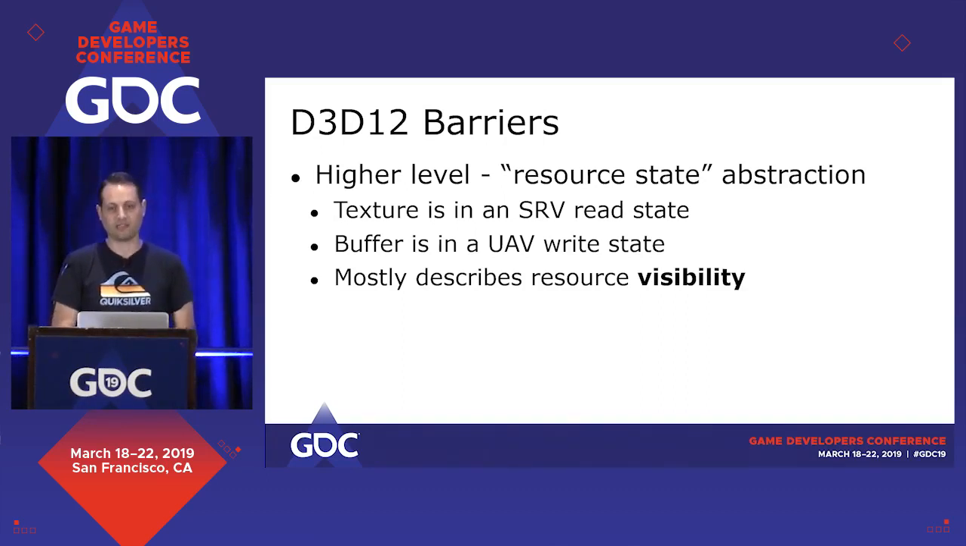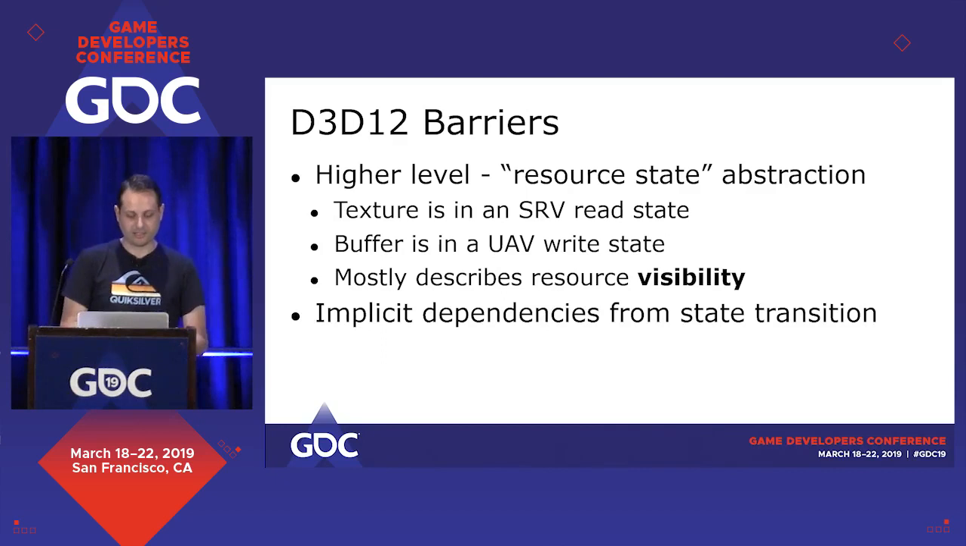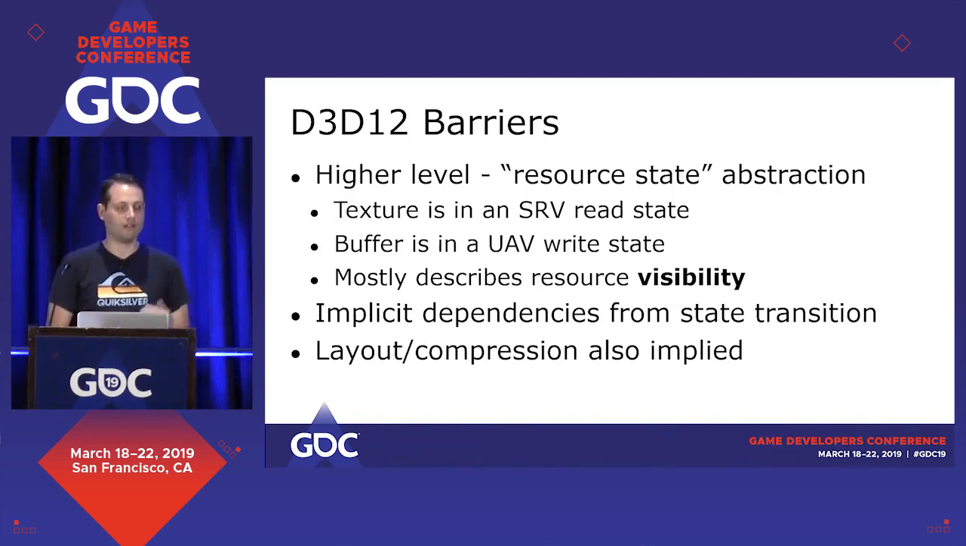It's mostly about saying whether a resource can be readable by a particular kind of pipeline stage or writable by another pipeline stage, and really what you're describing is the resource visibility. From that visibility data, the driver can infer the implicit dependencies from your different transitions, and can also infer the layout and compression operations that might be needed to make things work for the barriers